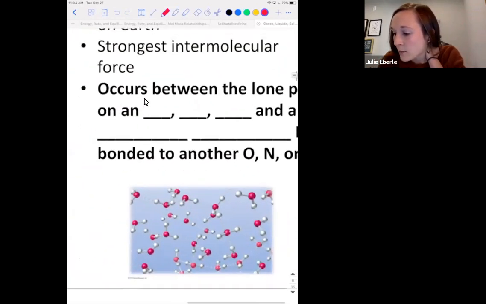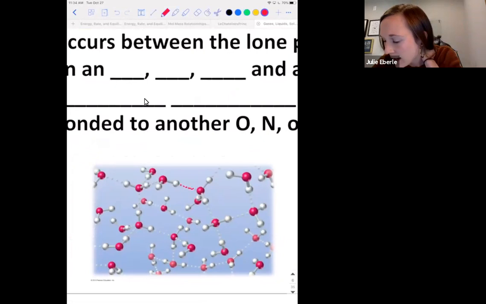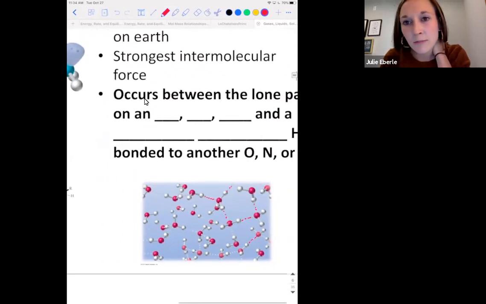Here's a picture of water molecules. And you can see when you put water molecules in a room together, they're interacting. All these little dotted lines, these are all hydrogen bonds. So this is a network of water molecules all held together by hydrogen bonds, okay? So do you believe me now that they're important?